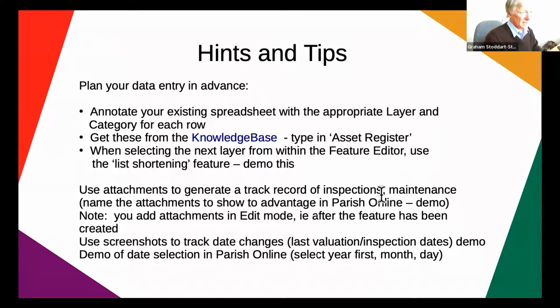And I did discuss with you, and I'm going to show you this in the demo shortly, that the ability to type in the first 3 or 4 letters is a list shortening feature. It shortens the list to the layers that match your 3 letters, and it's much quicker to select one from that. We're going to show you putting in attachments,